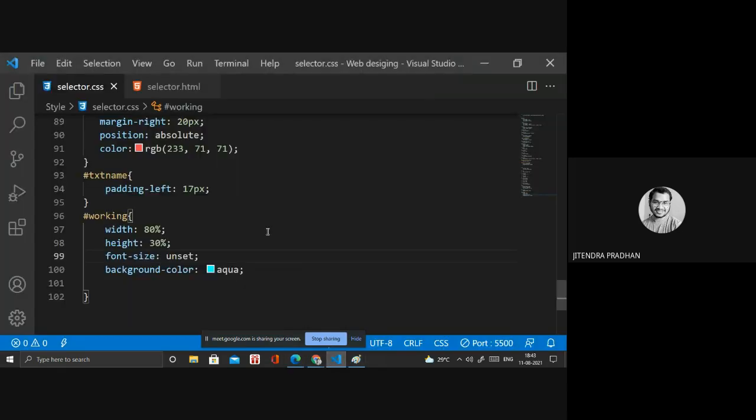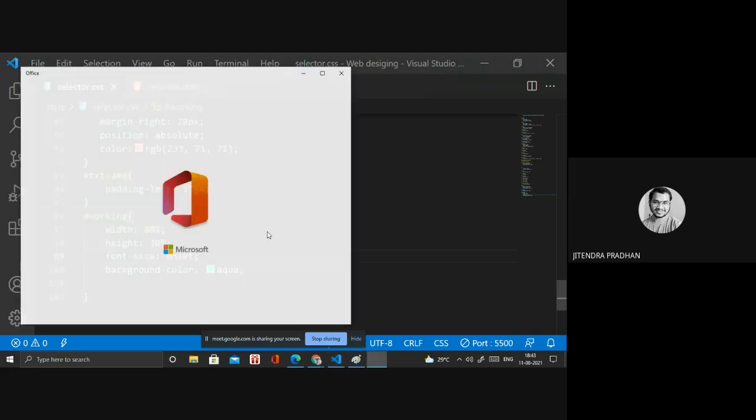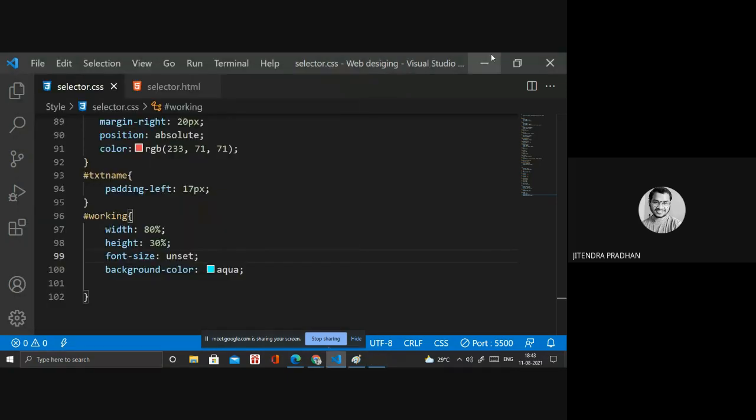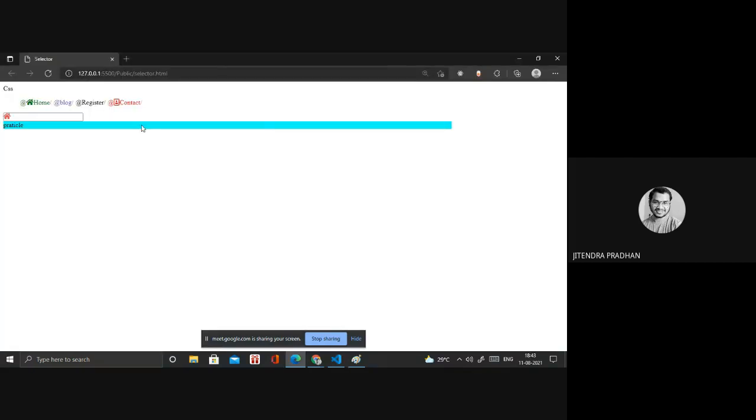Okay, next we have to discuss the CSS box model. So what is the CSS box model? Everything in CSS has a box around it. Means whatever you are designing, it has a content box, a padding box, a border box, and we have a margin box as well.